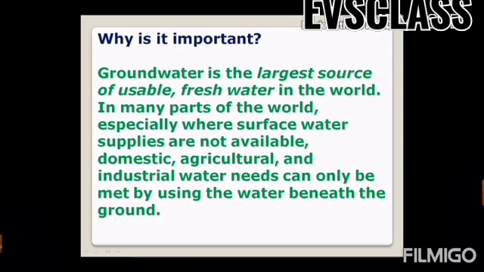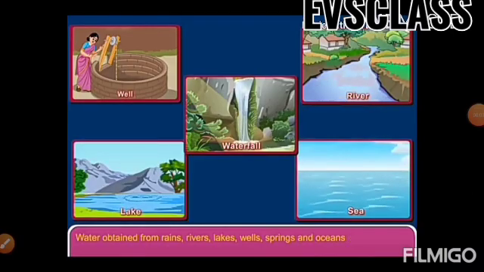As groundwater is the largest source, students, of usable fresh water in the world. So in many parts of the world, surface water supplies are not available. So water needs can only be met by using the water beneath the ground. Right, students? In this video, students, there are different sources of water. Water obtained from